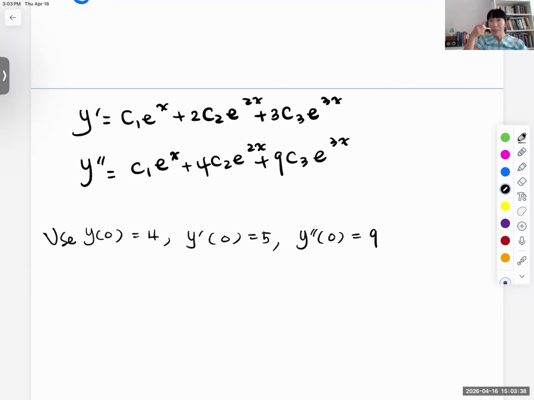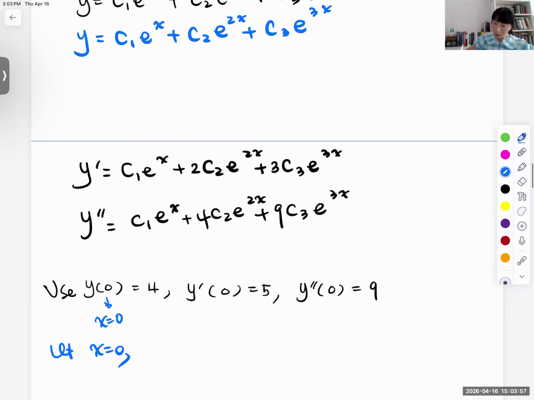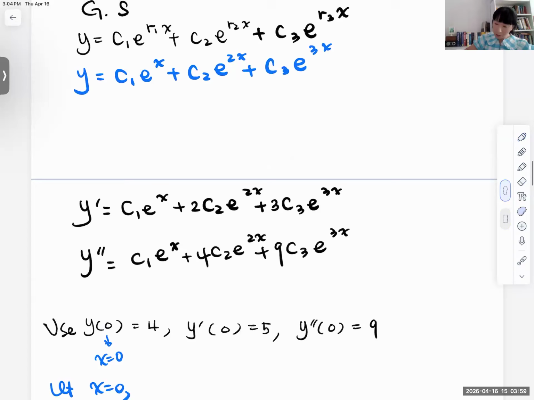So y sub 0 equal to 4, that means x equal to 0, right? So this is x equal to 0. Okay, so when x equal to 0, then y equal to, right? So we have y equal to